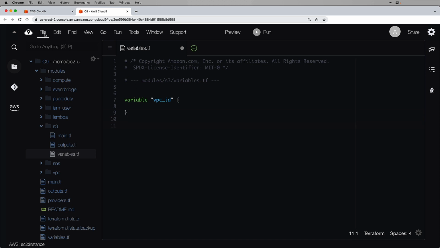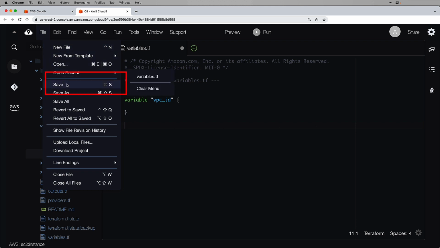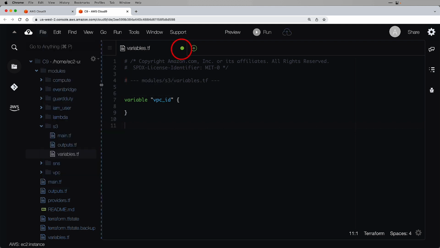In fact, after every time I configure something in one of these files, I need to go in and click on save, or I could do Command S, and a little green dot will appear there, and that'll indicate that the file's been saved. Okay, so now that I have the VPC ID, the next thing I'm going to do